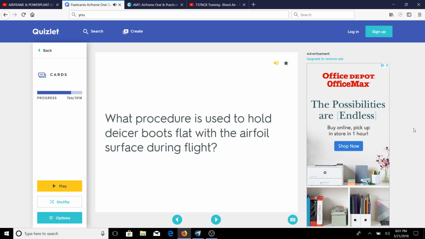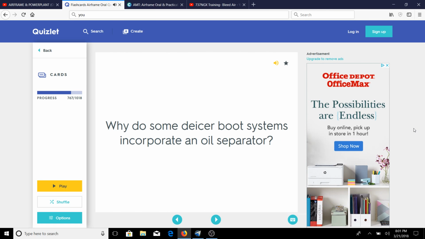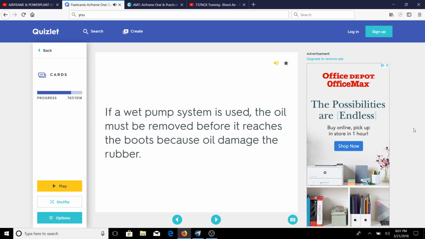What procedure is used to hold de-icer boots flat with the airfoil surface during flight? Suction is applied to the boots. Why do some de-icer boot systems incorporate an oil separator? If a wet pump system is used, the oil must be removed before it reaches the boots because oil damages